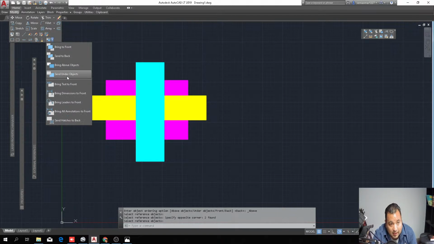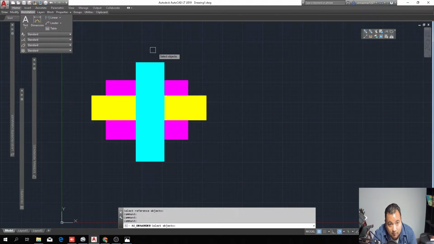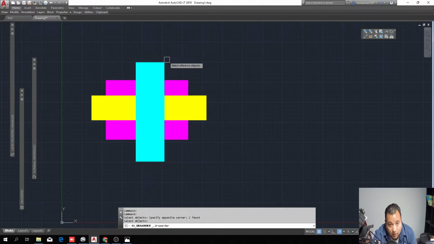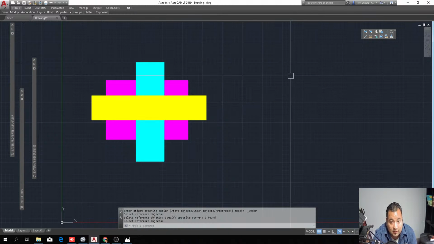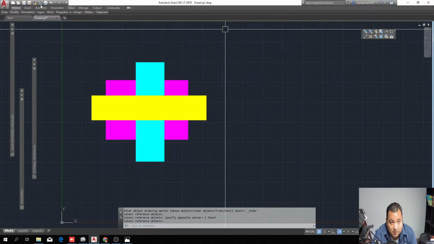Click on the send under object. So now let's put the cyan behind the yellow, but in front of the magenta, right? So since we're using send behind the object, you click on the one you want, and then you click on the one you want it to be behind, and now it's behind the yellow but in front of the magenta. Let's do it one more time,